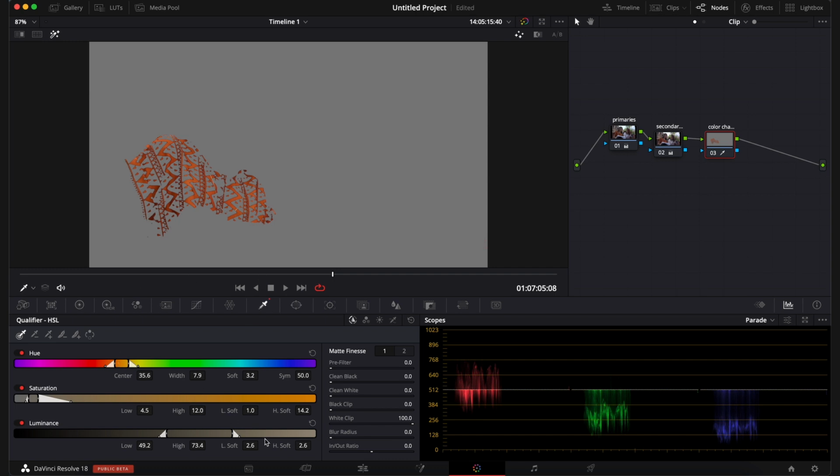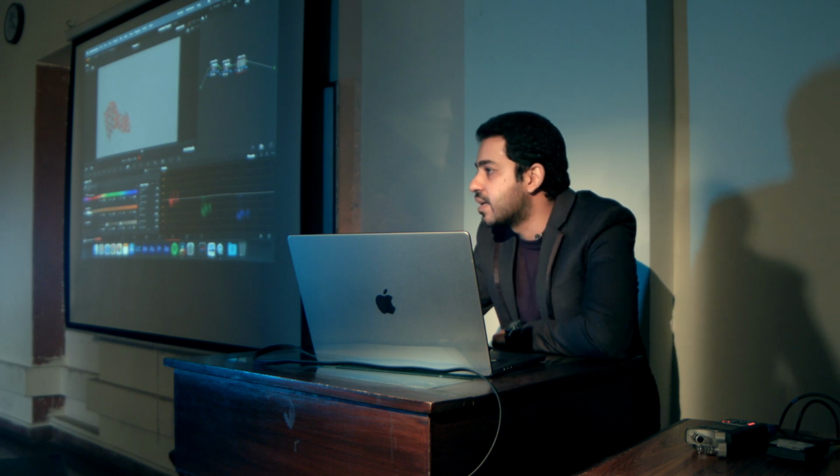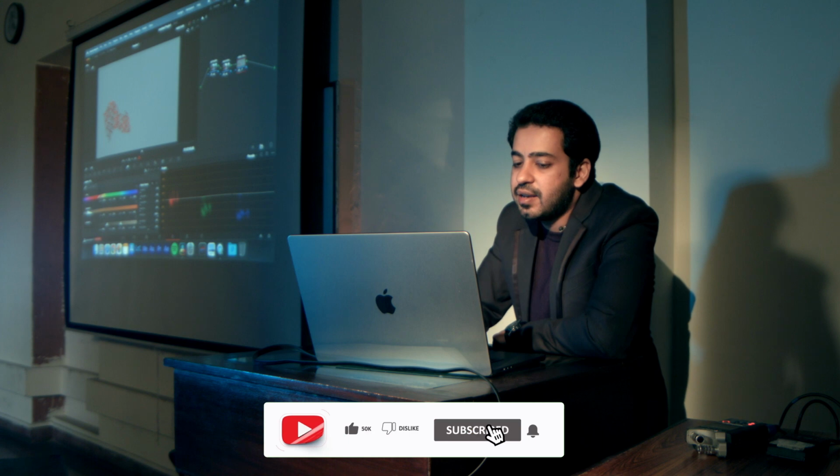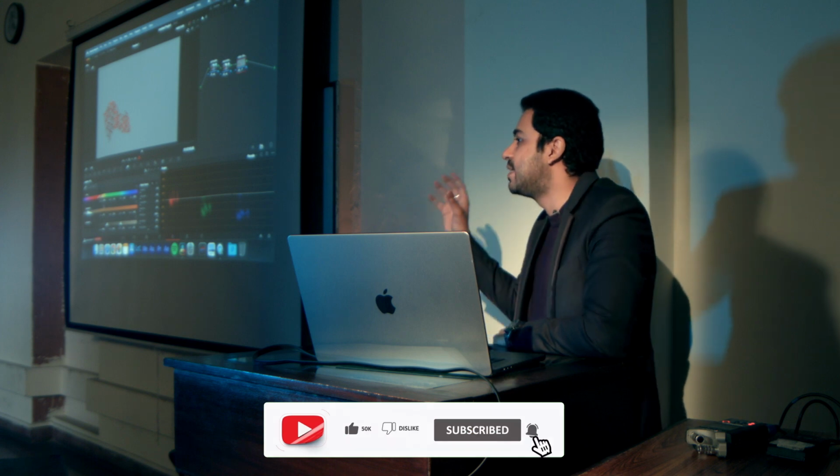So doing a qualification with these controls is much easier. I know you can also use this picker add tool or picker subtract tool, but the thing with them is that they're not very precise, right? So a better way to do it is to select a color and then just adjust these sliders to exactly get the key that you want, right? So now we have